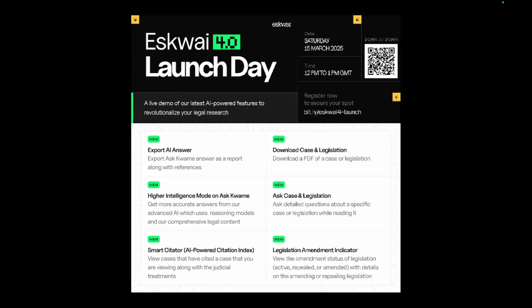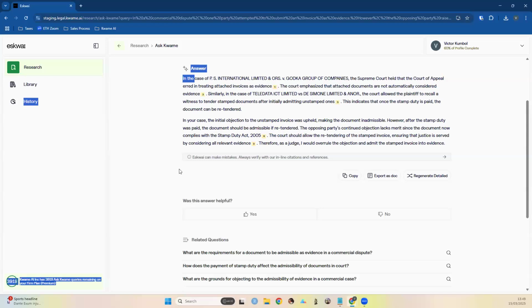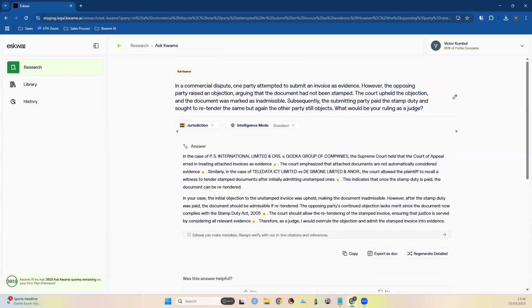So yeah, the high intelligence mode really shines for complex queries. If it's a simple query, you might not see the difference that much, but for very complex queries, that's where you get to see it. But anyway, Victor, you can go ahead.